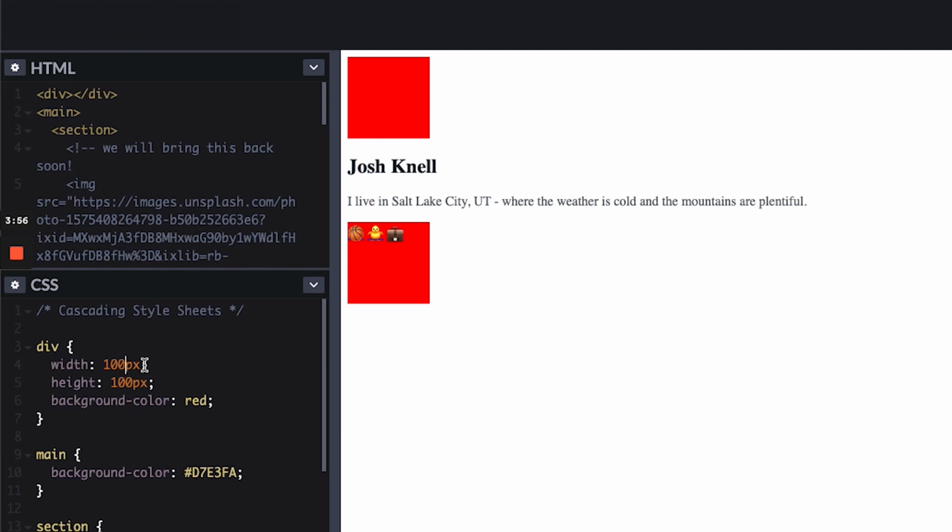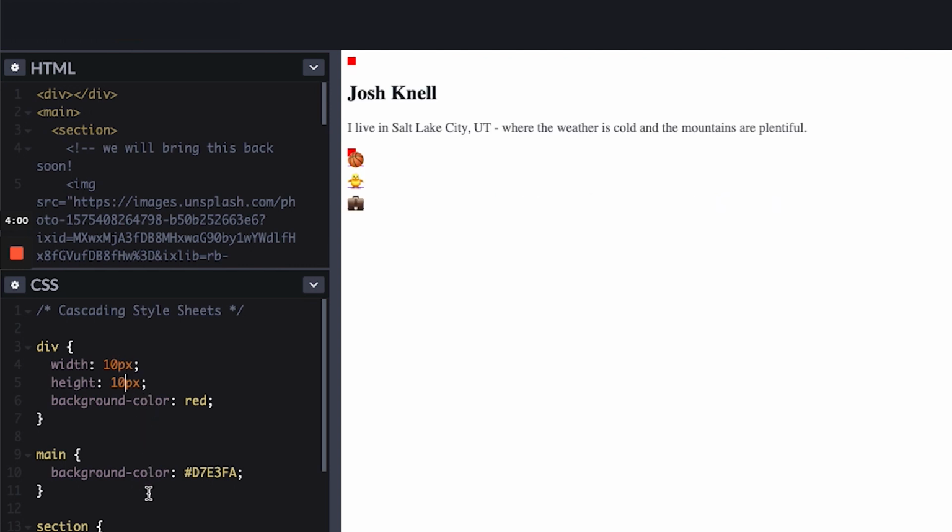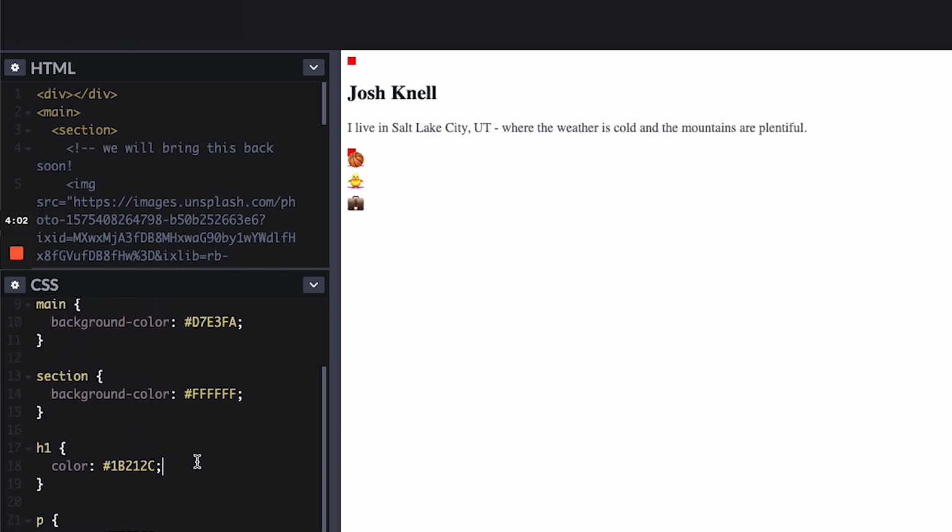Also, we can put pixels inside of fonts. So I'm going to bring this back down to 10 just for now, so we're not busting into anything. And then I want you to go to your H1, and we're going to introduce a new property and the final property for this module. So join me. font-size. It needs to have that dash in there, so be careful. Colon, and then semicolon to finish the statement. And then we're going to put in a pixel size. So that's right, we can put in like 10px